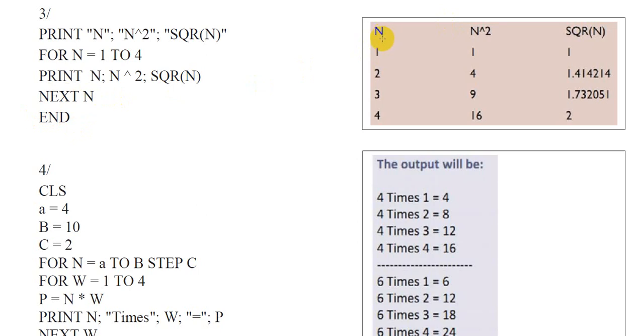In this case n will be given by the following set of figures: 1, 2, 3, 4, and the squares will be 1, 4, 9, 16. So SQR for 1 equals 1. The square root of n for 2 equals 1.414214, approximately. The square root of n for the n value of 3 indicates